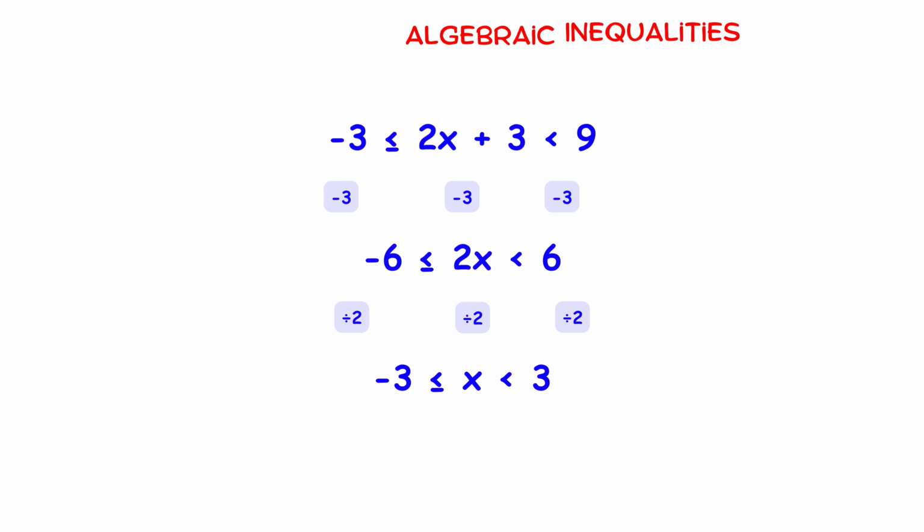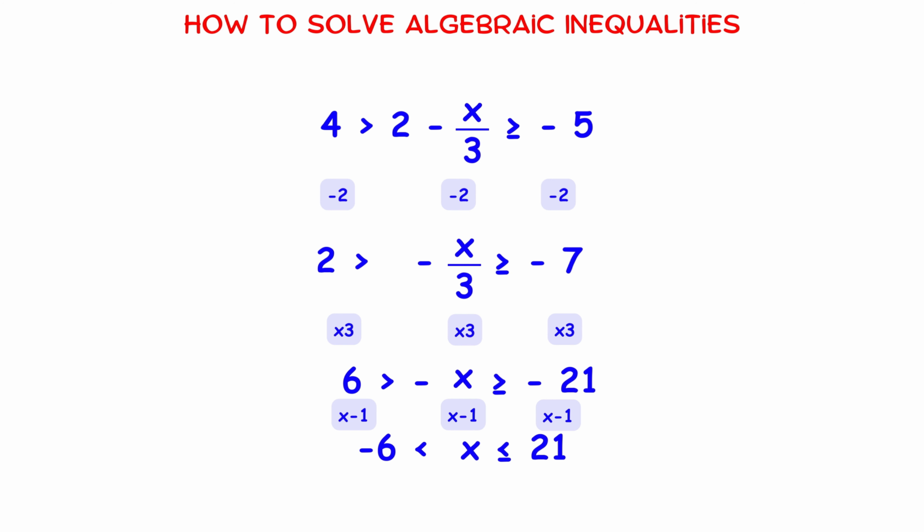For the second question here, which says that 4 is more than 2 minus x over 3, which is more than or equal to -5, we'd start by subtracting 2 from everything to get 2 is more than -x over 3, which is more than or equal to -7. Then we can multiply everything by 3 to get 6 is more than -x, which is more than or equal to -21. And finally, we can multiply everything by -1 to make our x term positive. But remember that when you multiply or divide an inequality by a negative number like this, you also have to swap the inequality signs around, so it becomes -6 is less than x, which is less than or equal to